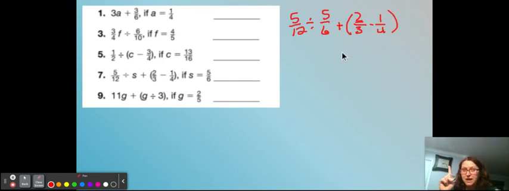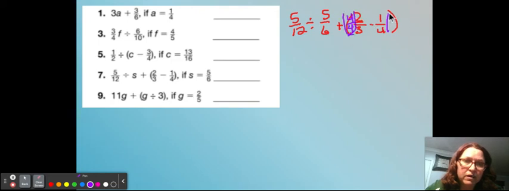First thing I have to do is my parentheses. So 2/3 minus 1/4. Well, what do I multiply? What does 3 and 4 go into? Well, they go into 12. So I'm going to multiply this side by 4, and I'm going to multiply this side right here by 3